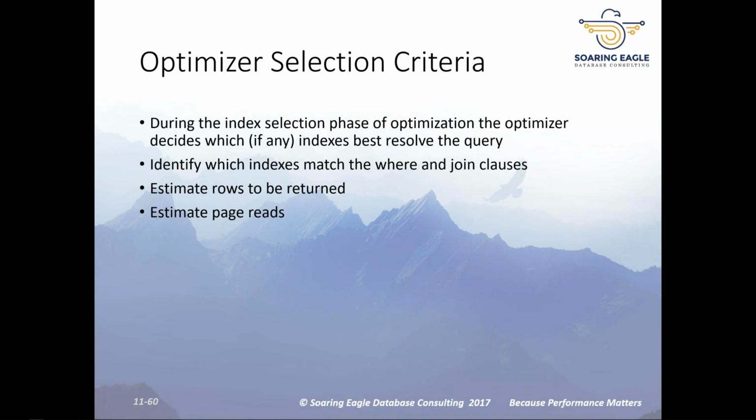The optimizer will do two other things. It will estimate the rows to be returned and the number of page reads. It does this for two reasons. The way it does this is it looks at the histogram that it's built at index creation time, which may or may not be kept up to date automatically and may or may not be kept up to date by your DBA. The reason it does this is that if the number of page reads exceeds the number of